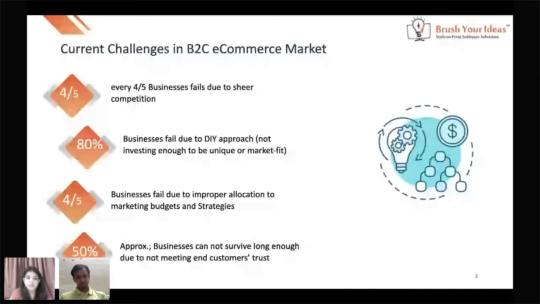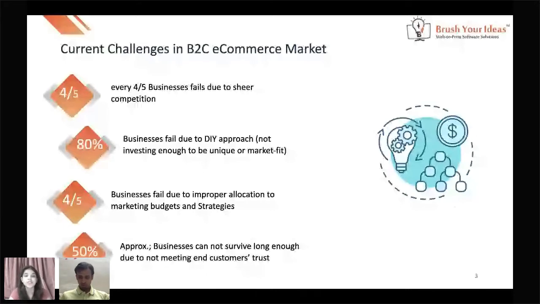Next, the most important point here is not knowing the marketing strategy. An improper marketing strategy or improper promotional planning could lead you to become one of the 4 out of 5 businesses that have already failed. They don't have expertise in digital marketing, social marketing, promotional activities, and so on. So here is one piece of advice from my end.